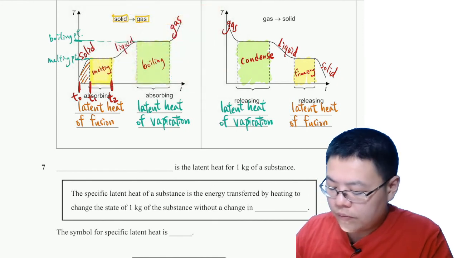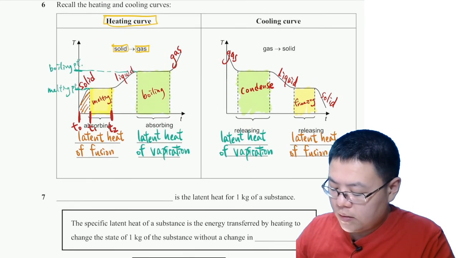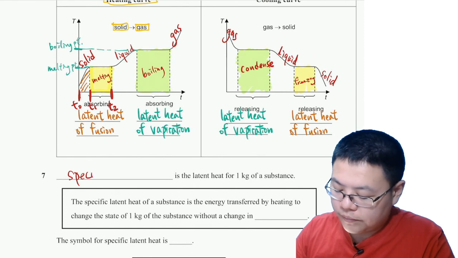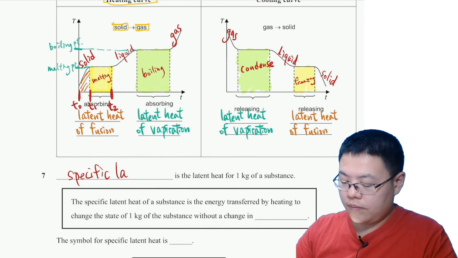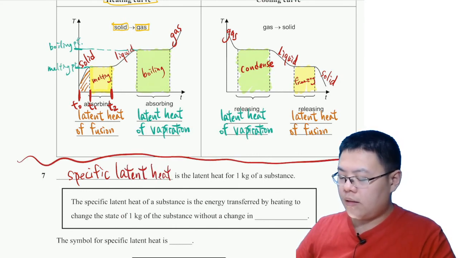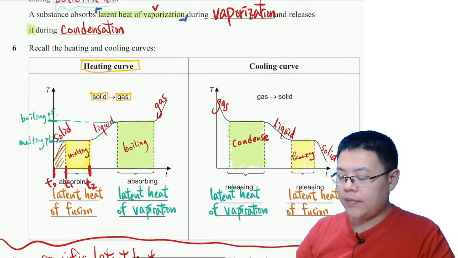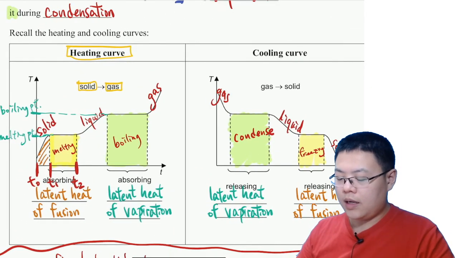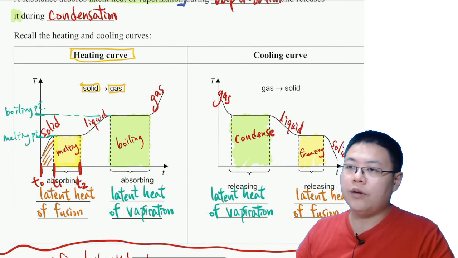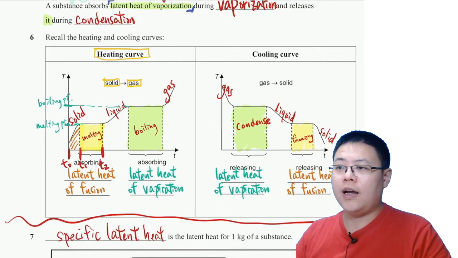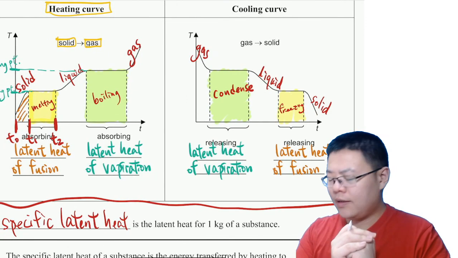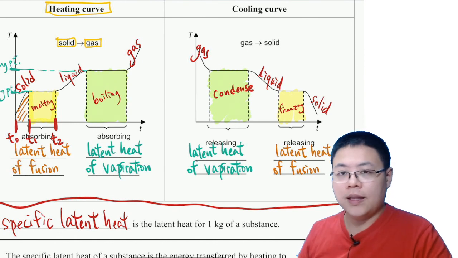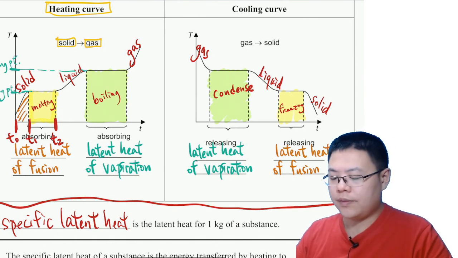And one more term, specific latent heat, maybe next time. Maybe we will cover the bottom part next time. Okay, for this part, the coming homework, this part will do. I know there has been quite a lot of vocabulary this time. I hope you can start to recognize them. They will be useful in the questions. Thank you.